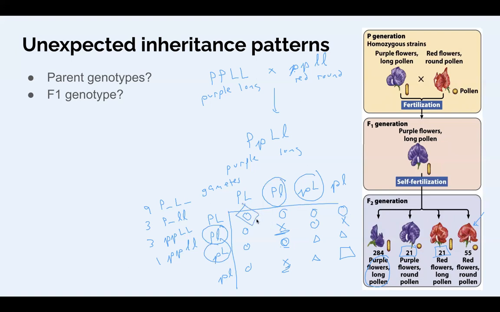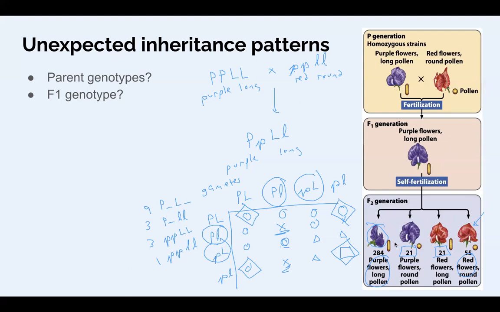This outcome of no crossing over is a big one. This one is no crossing over. That's a big one. This one's no crossing over. So those all contribute to this purple and long. And then this one over here is no crossing over with the all lowercase recessive alleles. That would give us the red round. So there's a little bit of a skew here to outcomes that result from no crossing over, and a lot